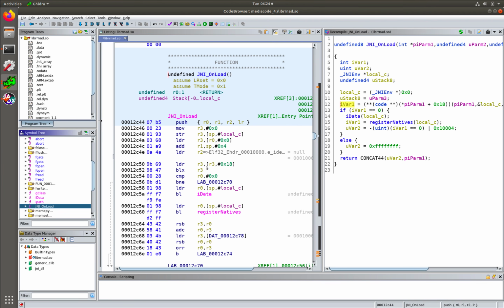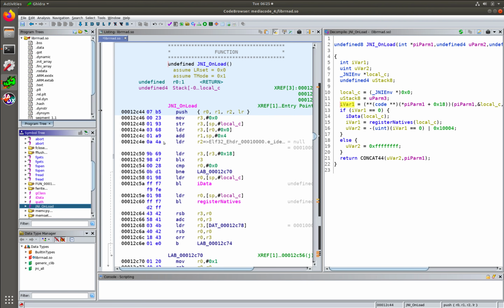So since we saw system.load library was run, we can know that JNI onload was run at the same time. And so that is why usually it's a place where developers will put their call to the API call, register natives, in there,